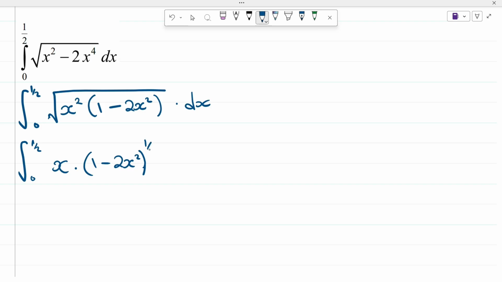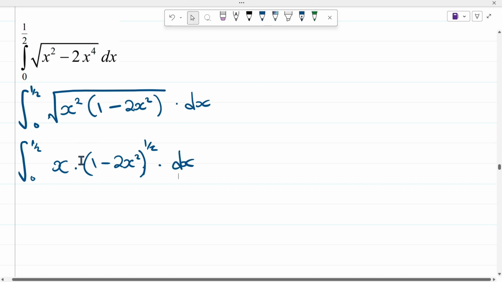One more thing, I'm going to change that root to an exponent. That means I will end up having (1 minus 2x squared) to the power of 1 over 2. So first things first, I made this term have its own root and this one have its own root. Then they multiplied each other. Root of x squared became x. Root of that became root of 1 minus 2x squared. Then I changed it to exponent form. Then it became that. From here, we can see that if we let 1 minus 2x squared be the function,